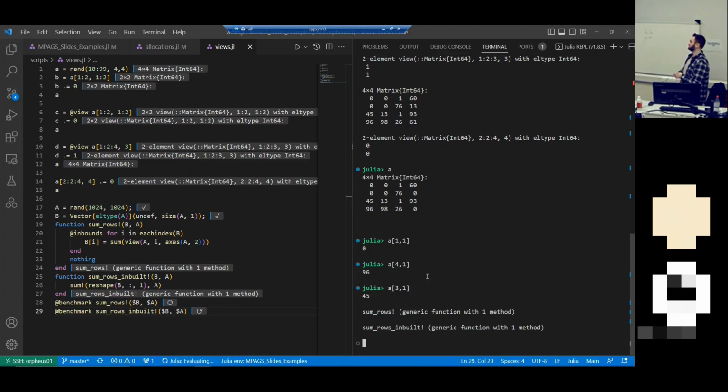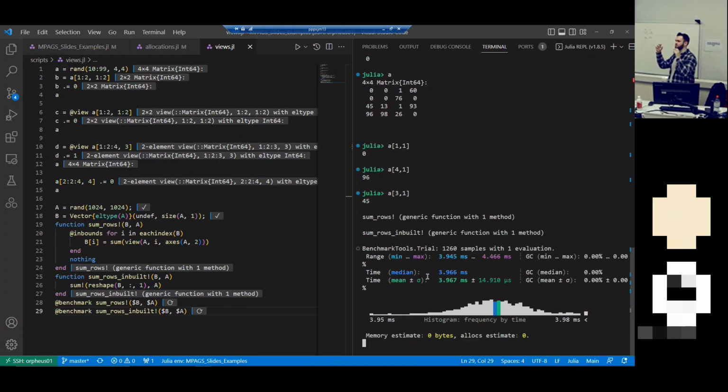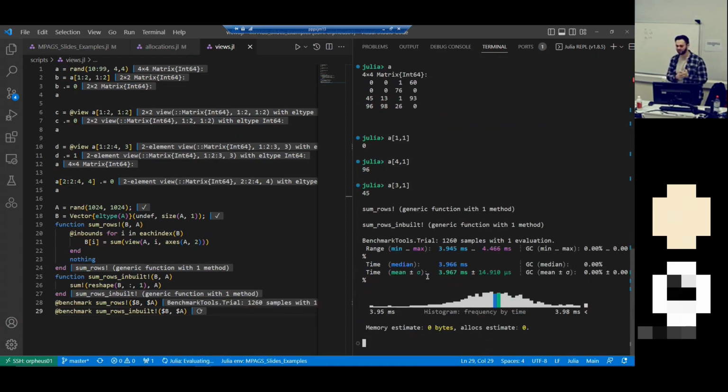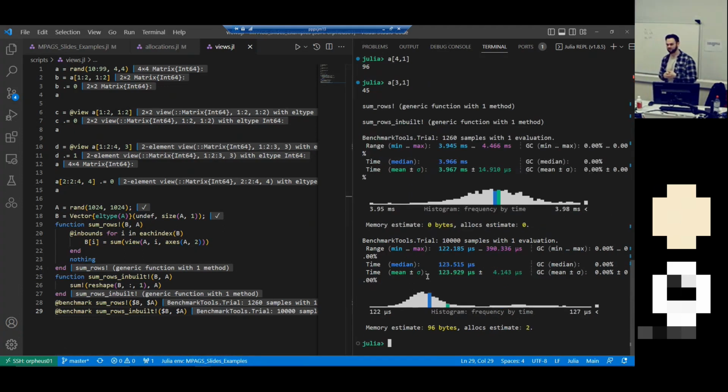Doing this will not create a copy of the array, so the values that you're summing up won't be next to each other in memory. So it won't be very cache friendly. So what we should see is it's a lot slower than just creating copies of the array. Yeah, so you see, like if you're slicing up the array,